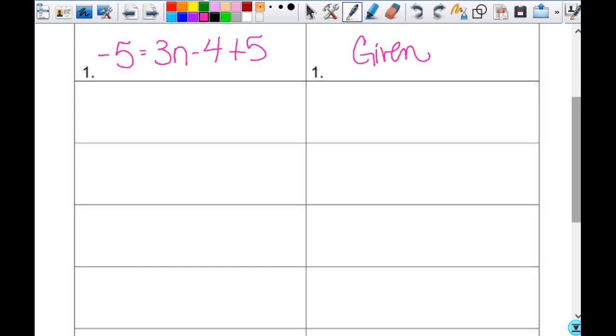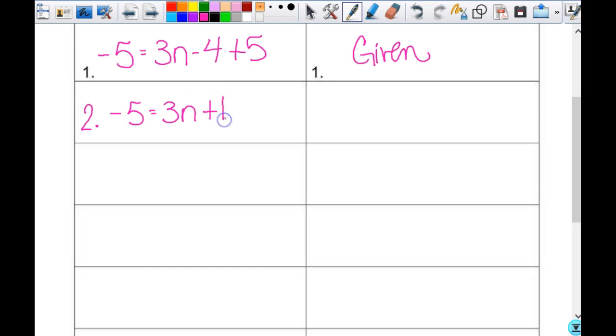And that's okay, because our proofs might look different. But I'm going to lead you through a couple of these in a specific way. So the first thing that most of us would probably do would be to combine these? I mean, it's the easiest thing, right? So in step 2, I'm going to go ahead and combine those. That's going to give me -5 equals 3n,